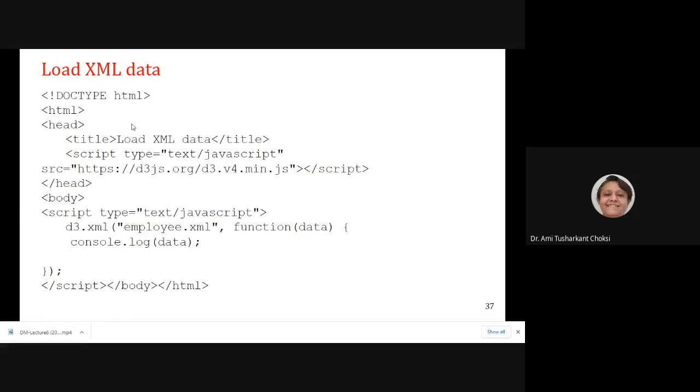So now we want to load the XML file. For that, we have already seen that we have to use the method d3.xml, right? So now what we have to do is script type equal to text/JavaScript, with the source https://d3.js.org/d3.v4.min.js. We are using the v4 version.